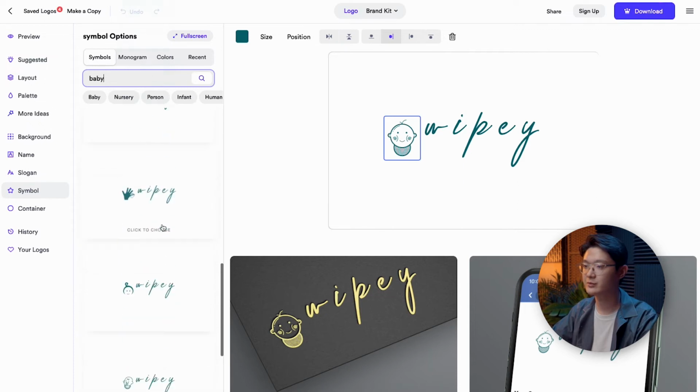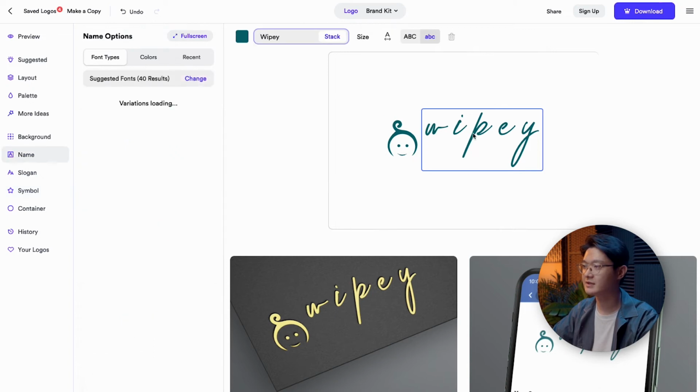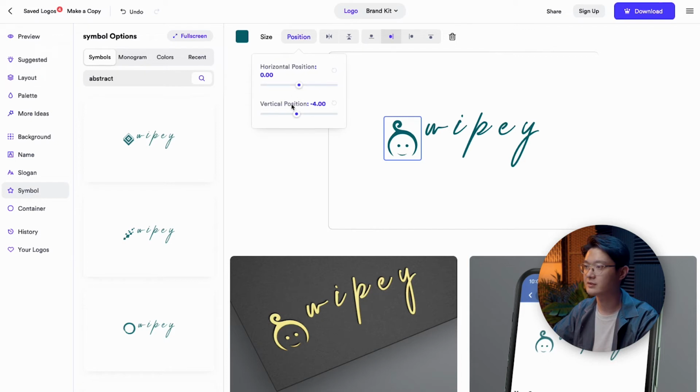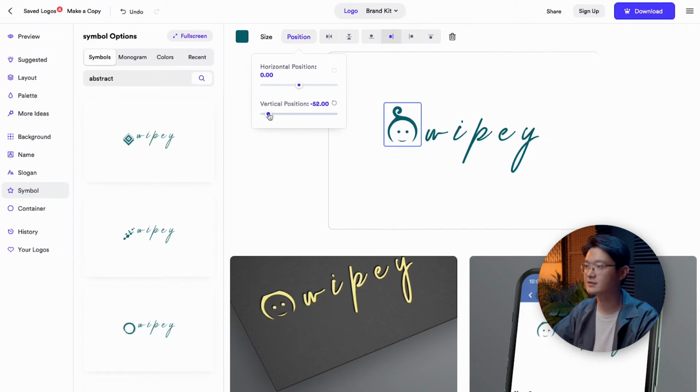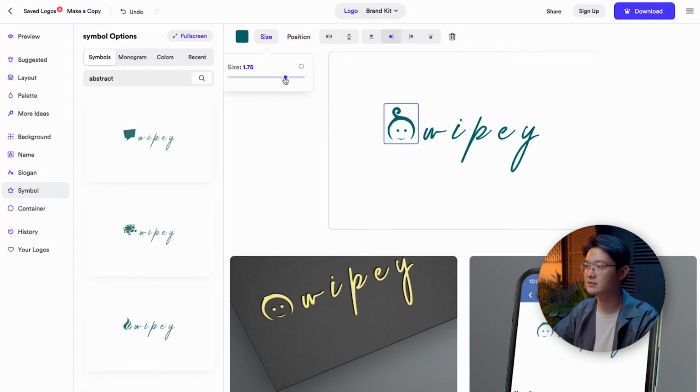So you just have to pick one that, let's say, I still insist on this design, and I kind of like this text over here. So I just want to align the symbol, kind of like sit next to the word. So I'm just gonna adjust the vertical position like this. If you like the size to be smaller, you can. Okay, so once you're happy with it,